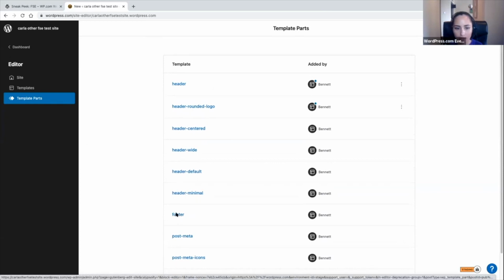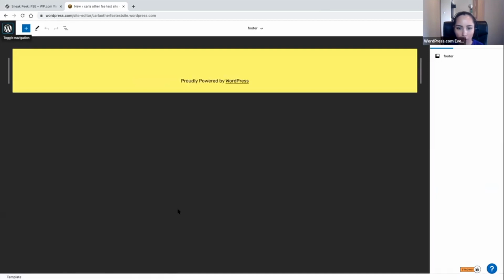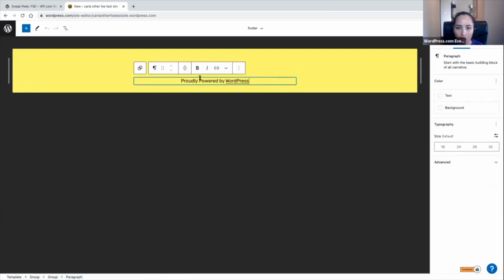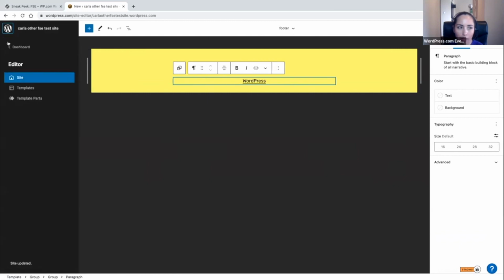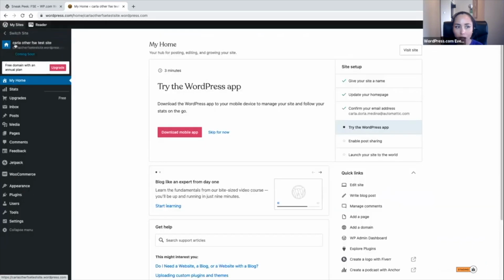Now, this is a test site and it doesn't have that much content, but you would go to the footer area and then maybe change the content here, and maybe instead of saying "Proudly powered by WordPress," maybe you would just leave it like that, and that's going to affect all the pages where a template with this template part is being used. And if you want to edit something that is very specific to a template,